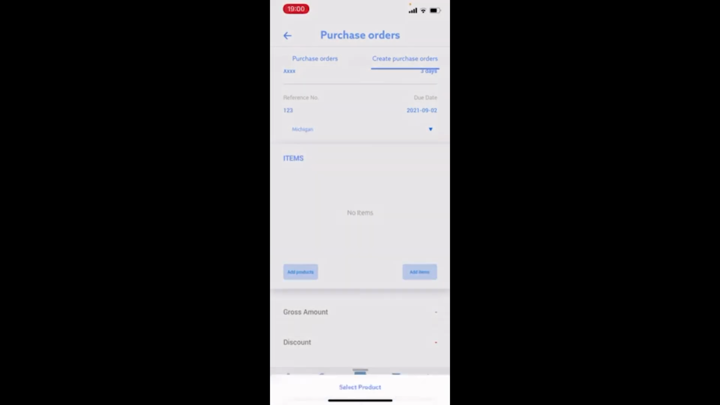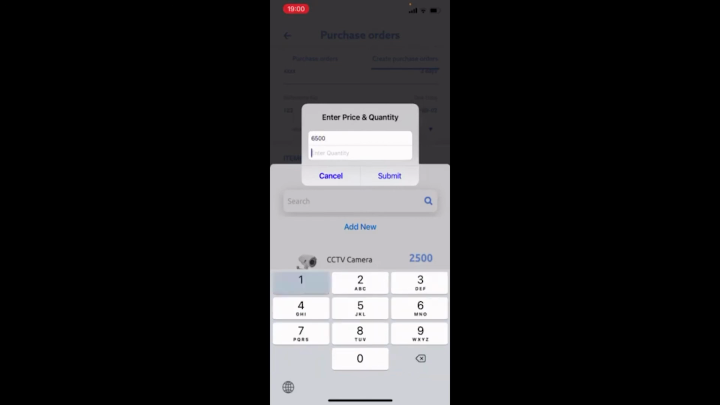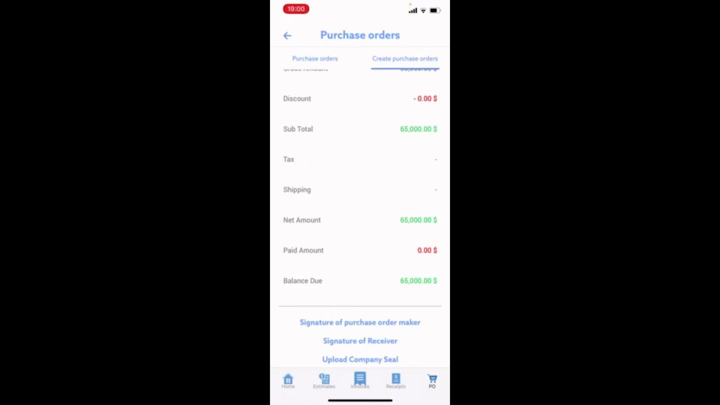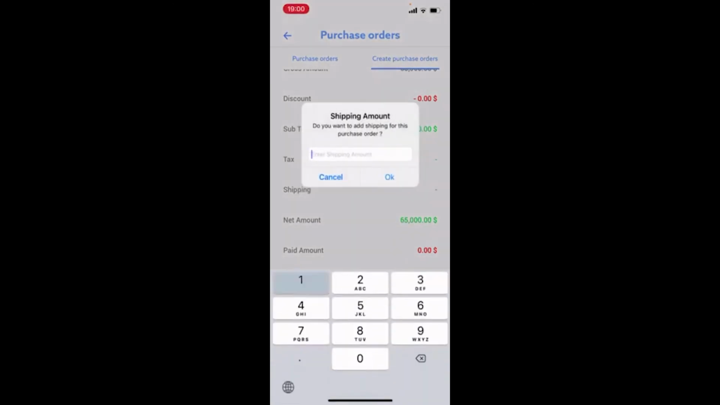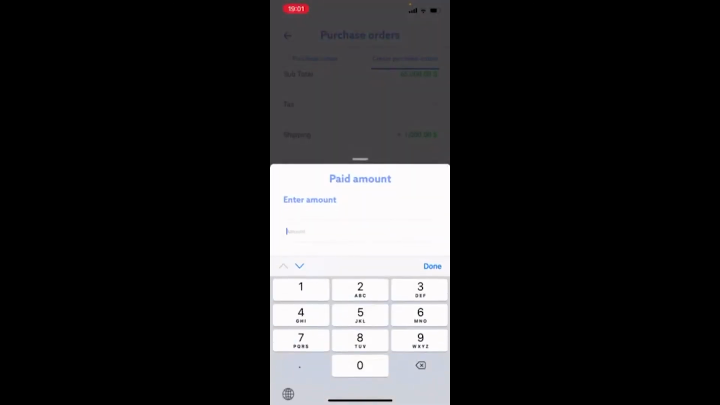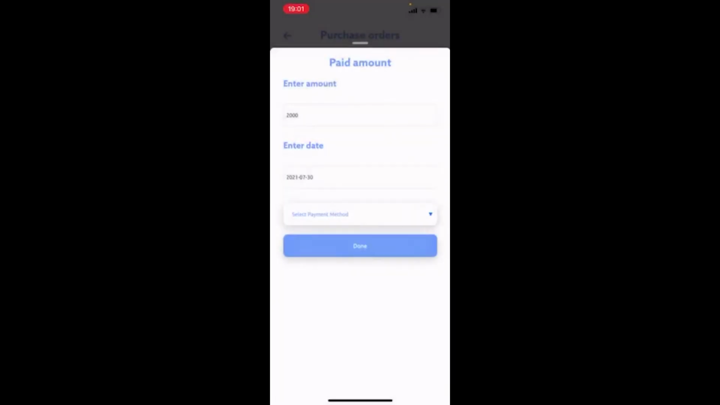Once you receive it, add your product from here, edit the pricing if required, enter the quantity. You can add the discount, tax, shipping charges if any. If you have paid in advance, you can add it here. Select the date when it was paid, select the payment method,